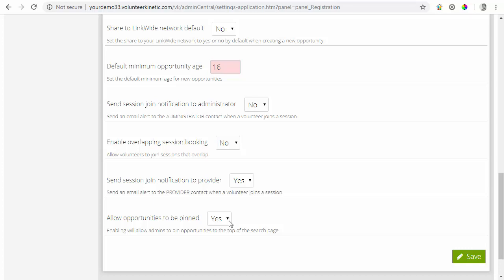I should say, when it comes to pinning opportunities, it'll only put them at the top if the volunteer doesn't enter any search criteria. If they just click on the search button, then it will show the pinned opportunity at the top of the search results. If they do start typing something in, then it will ignore the fact that it's pinned, because it thinks that the volunteer has a clearer idea of exactly what they want to do. Or maybe they're trying to find a particular opportunity they've been made aware of previously. So once you're happy with those options, you click on the Save button,